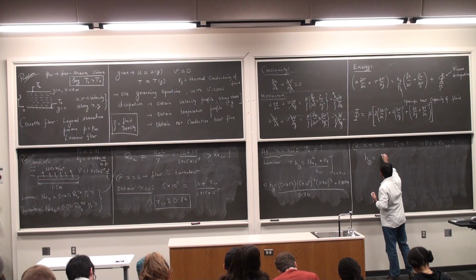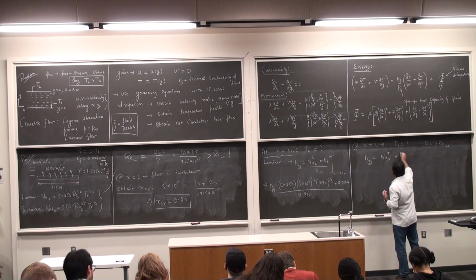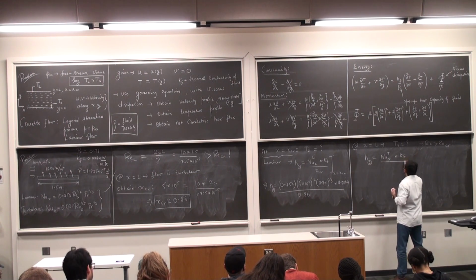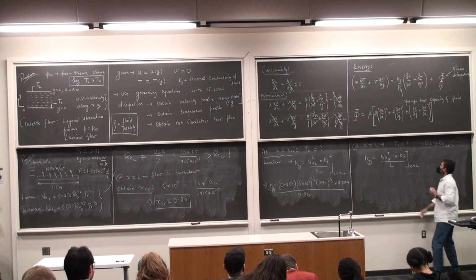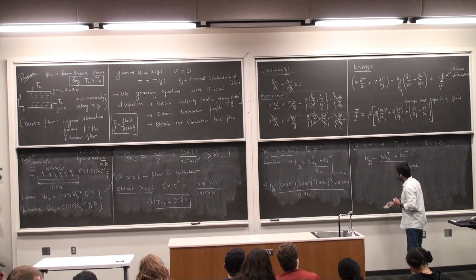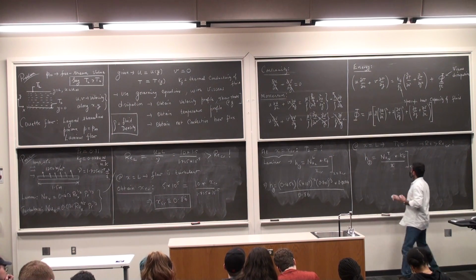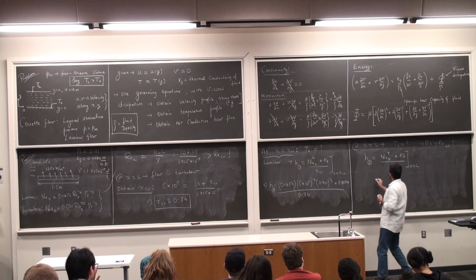So this is Nux turbulent, kf by L, at x is equal to L. Or if you just want to leave it as x, that is also fine. Eventually you substitute x is equal to L for all of them. Okay? Substitute